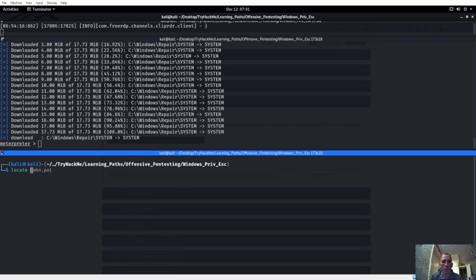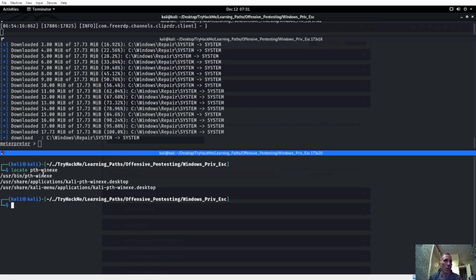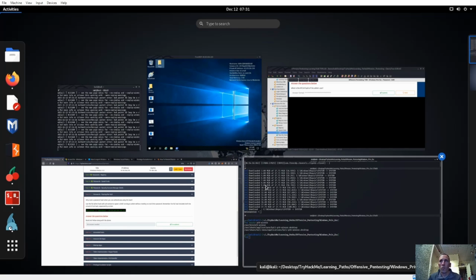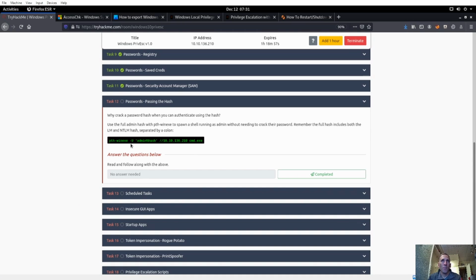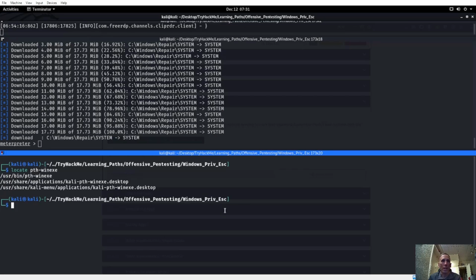So let's go ahead and locate pass-the-hash win.exe, and we do have it right here. Let's go ahead and do that. Pass hash win.exe. And then we're going to do attack you, and then our admin hash, which I probably should not have cleared. So let's just go ahead and cat